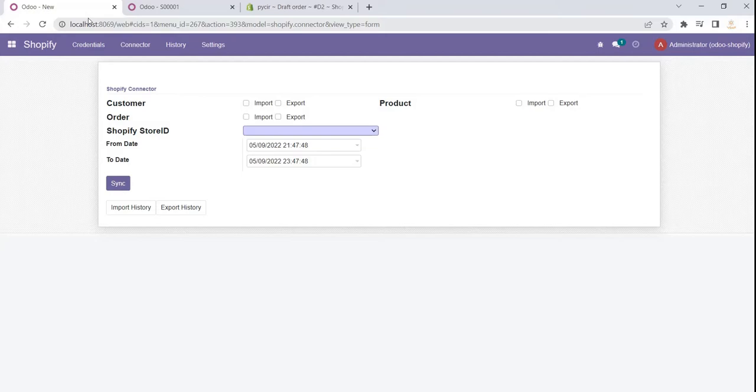Also, I want to add a point. This is a baseline module, and customizable depending upon your requirements. So if some requirements do not exist, then you can ask the support department. Then we will try to add those requirements as soon as possible and provide all the things that you need. So I hope you understand all of the workflows that we have added into